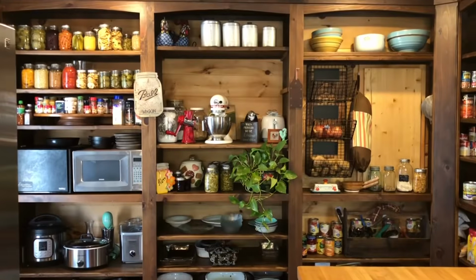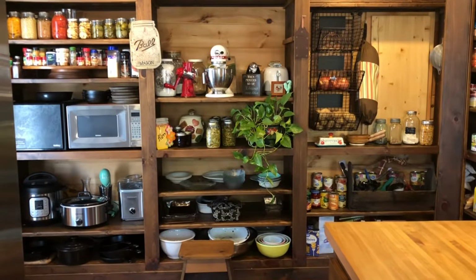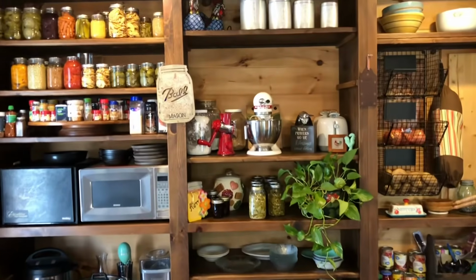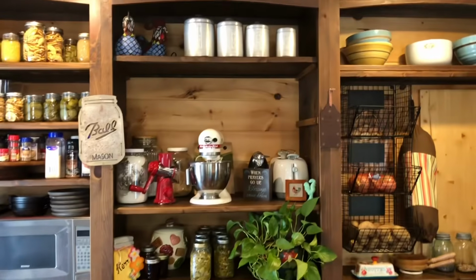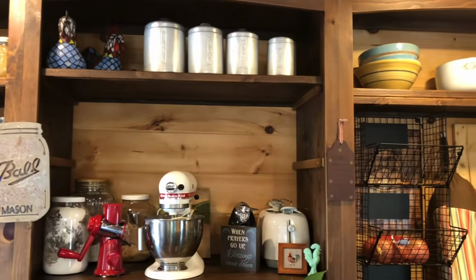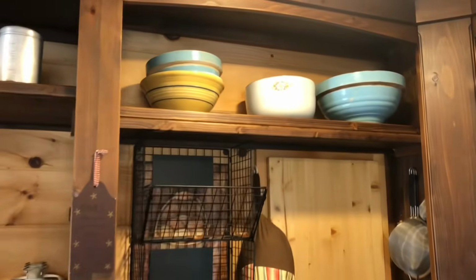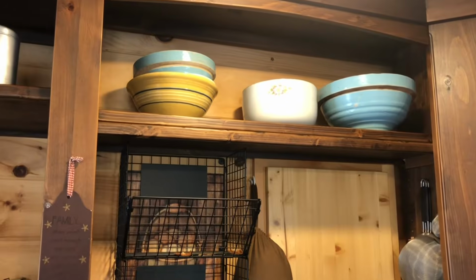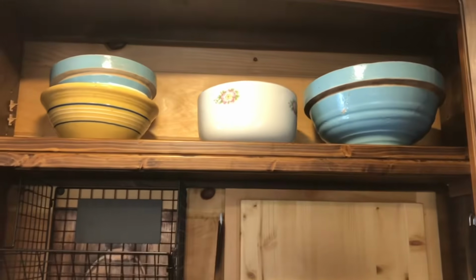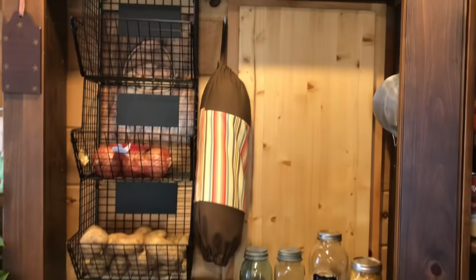So I want to show you one more time my pantry. It holds some of my appliances, it holds my bowls, it holds my canned goods. Those canisters up there, my sweet niece Santa got me. These bowls, except for the one in the middle, they were here at the farm, and I saved those. The one in the middle was my Grandma Cochran's, and this is just